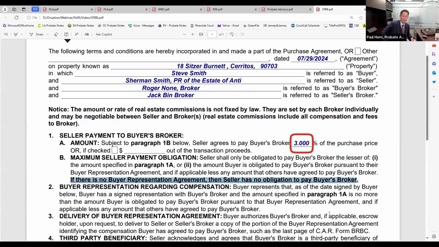Let's say you show a house, buyer loves it, you are feeling great, everybody's excited, and the buyer says, go write the offer right now. Let's go to Starbucks. Let's sit down. Let's write the offer right now. You get excited. You write the offer, but you forgot to do this buyer representation form.